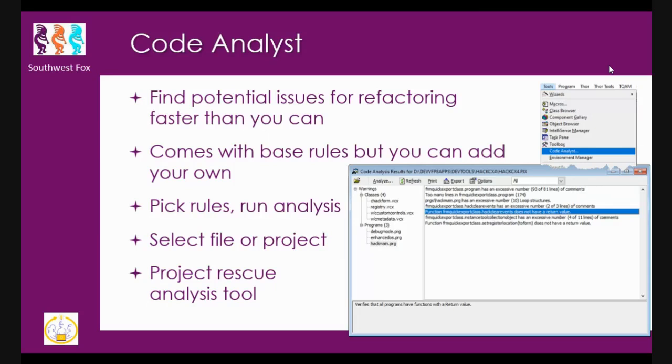It comes with some base rules, some logic that's built in that when you scan a file or scan all the files in your project, it will find and log those issues that you can review and then go in and edit, make changes to your code or whatever you need to do. You basically start up the tool, pick the rules, and run the analysis.